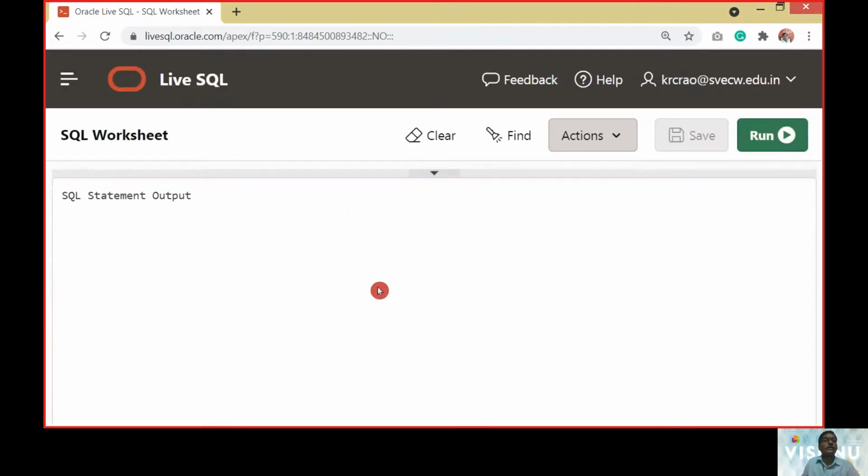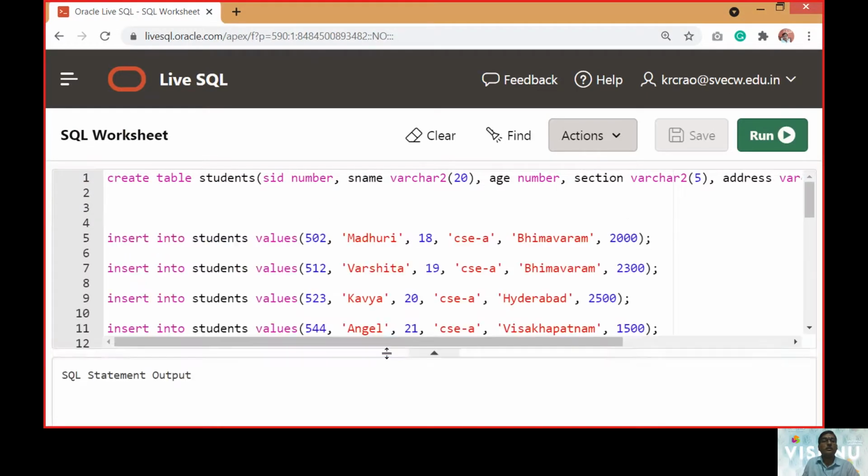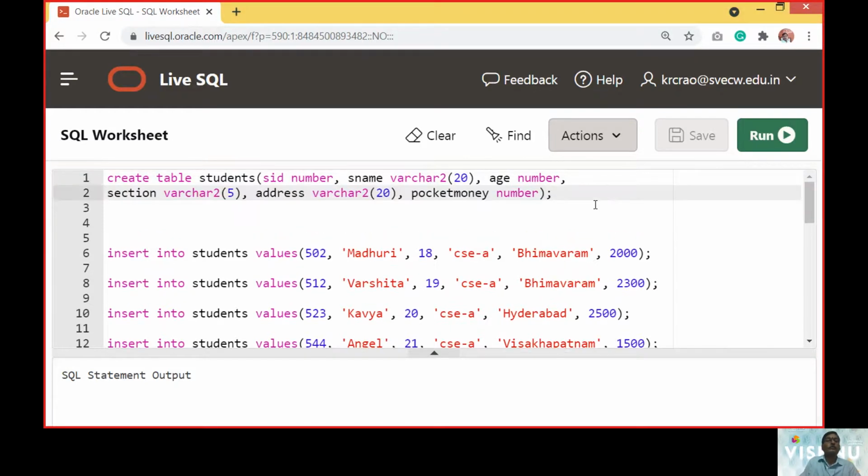For quick understanding, we are now creating a table. We are not working on any primary key or normalization. It is a simple table.